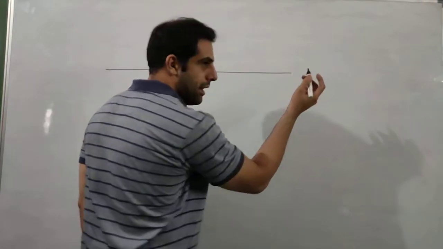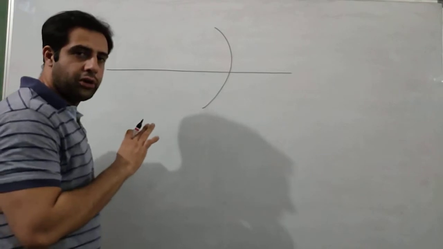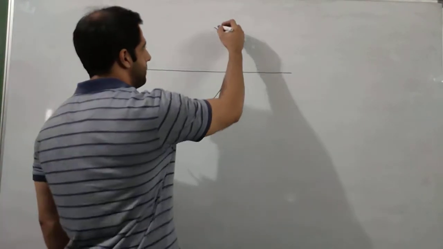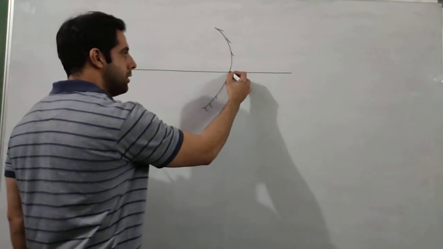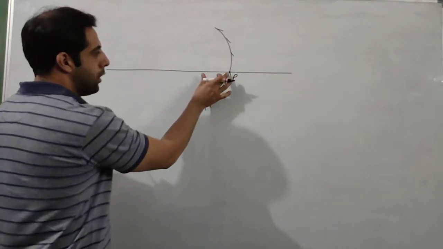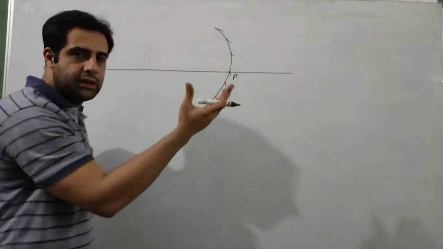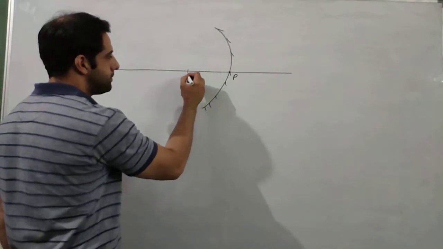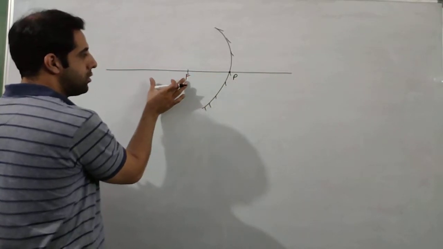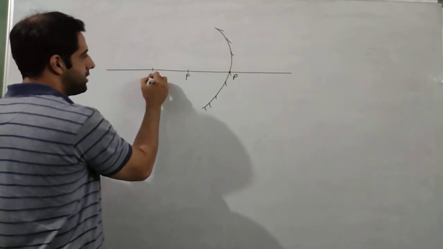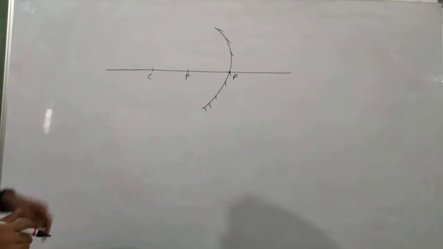So we'll make a principal axis first of all, and then we'll make a spherical mirror. First we are going to study all the diagrams of the concave mirror. So if I polish this side, this is a concave mirror. This point is the pole. Now from the pole, take a comfortable distance in your notebook. I think 2 cm is enough from pole to focus. And we know that this distance is equal to the distance between focus and center of curvature. So if this is 2 cm, this should also be 2 cm. Make sure that you get that right.